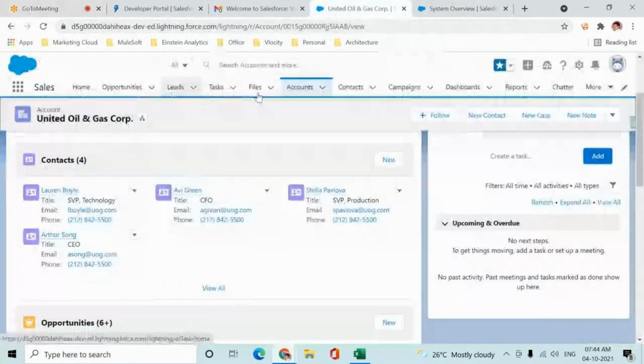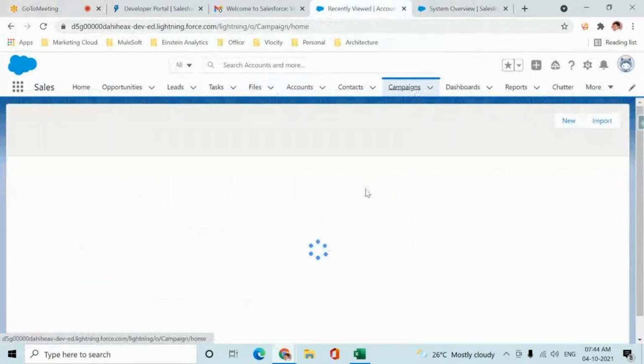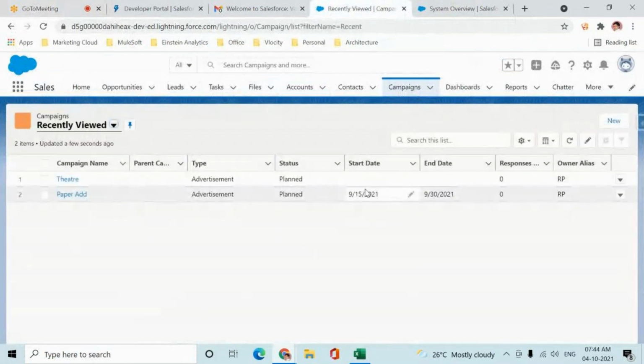No, 45 sessions you told us. So admin and development, and if you're covering Lightning as well, 45 sessions is the maximum. Did I show you anything related to Classic? No, right? Everything will be in Lightning only. Even the development is in Lightning only. Don't worry.